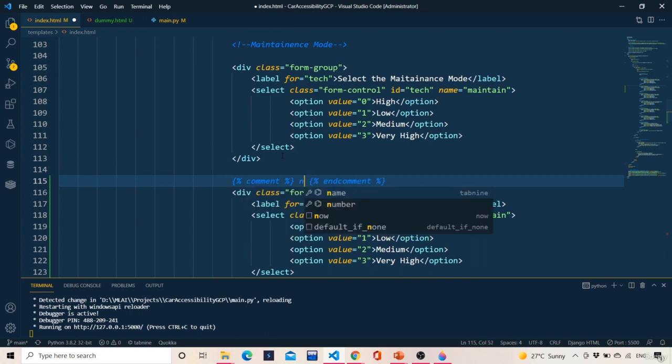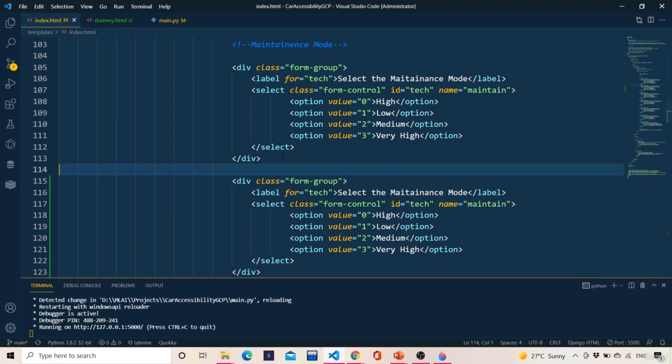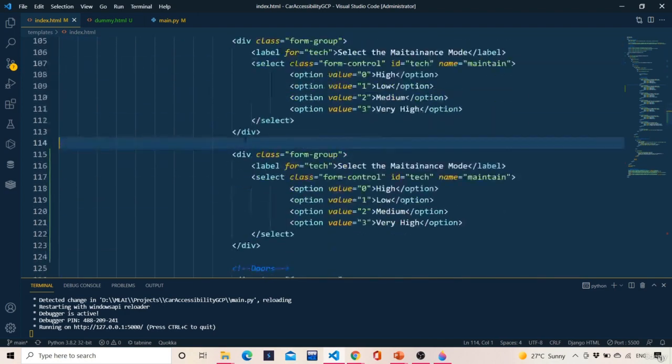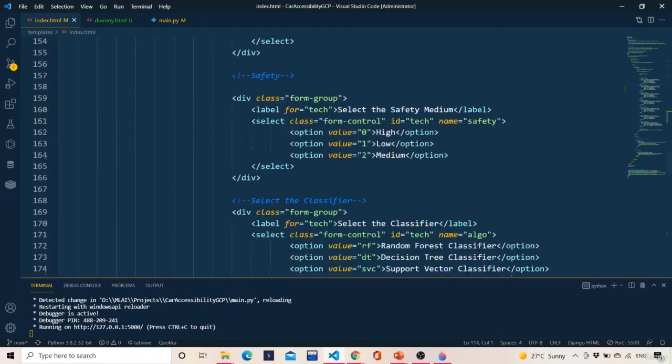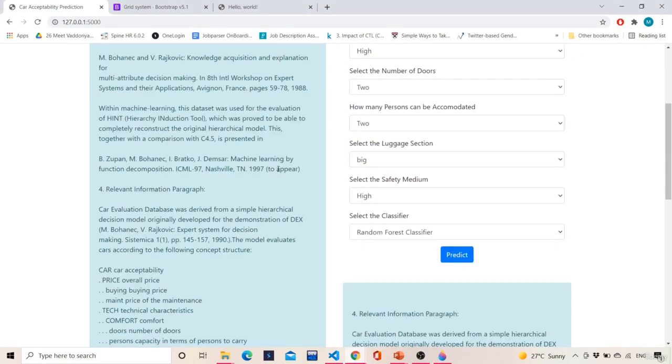You type some name, some comment here, and then you adjust the values of the form according to the feature. As simple as that. Within fraction of seconds it will be created. Similarly you do it for everything. After doing all the parts of this template, the template will look something like this.